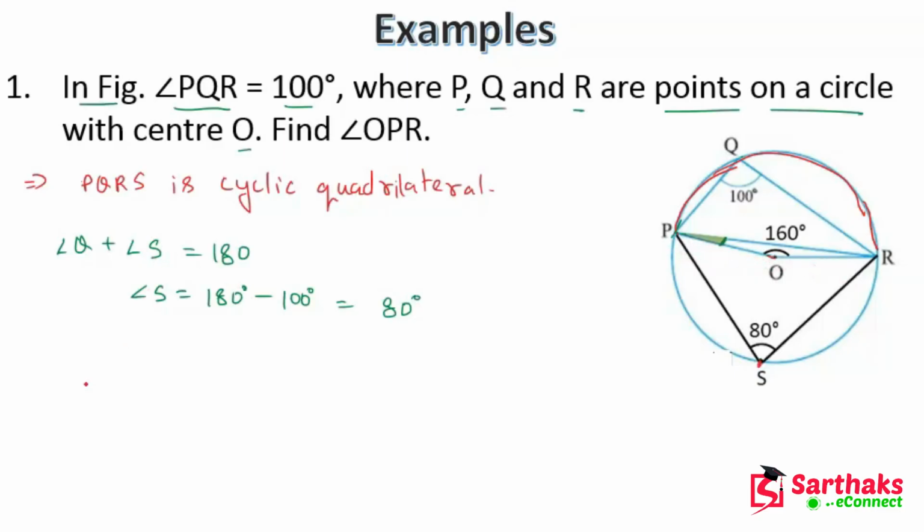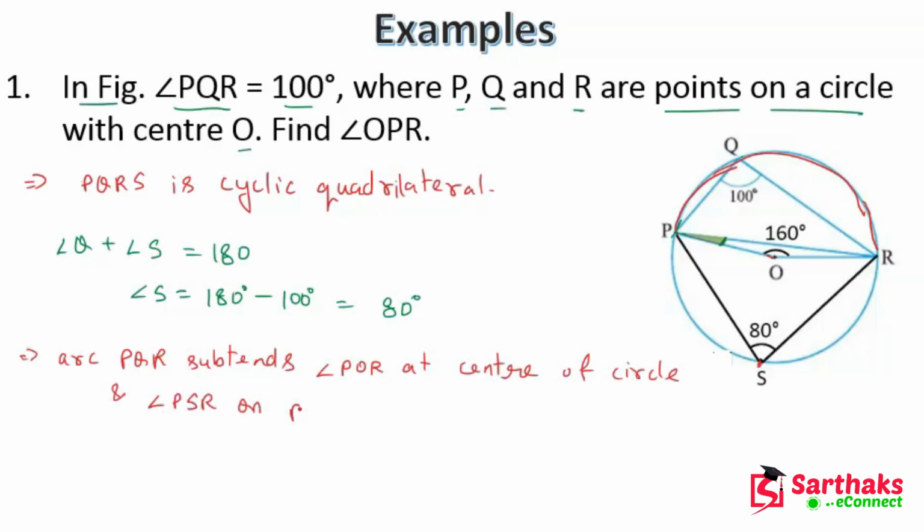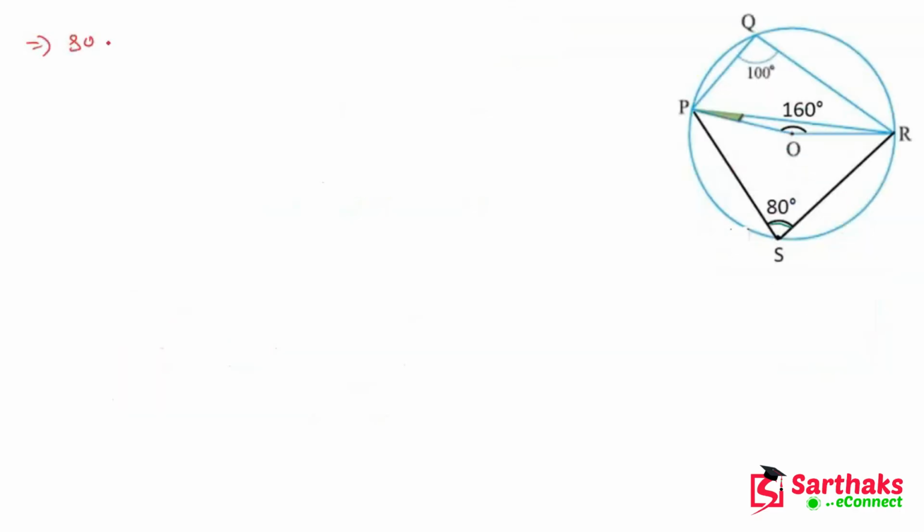Here, we can write arc PQR subtends angle POR at the center of the circle, and angle PSR at point S. So angle POR is equal to twice angle PSR. We can write this by the theorem